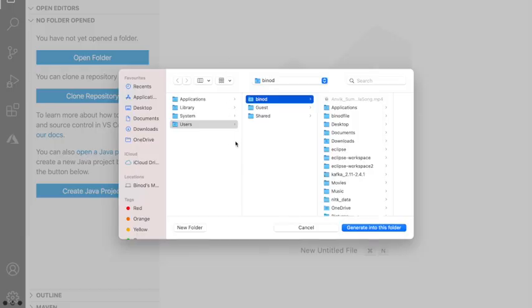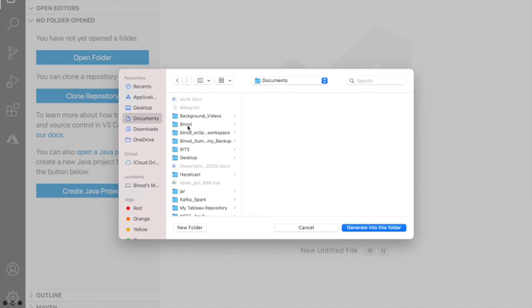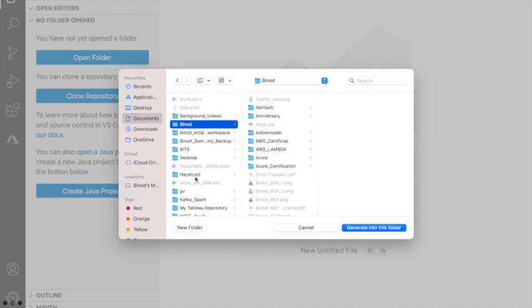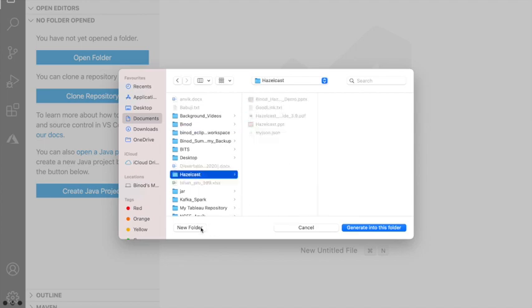That's it. Now it is asking where you want to make your folder. So I'm going for Documents, anywhere, suppose Node or Hazelcast, anywhere, and give the new project name.